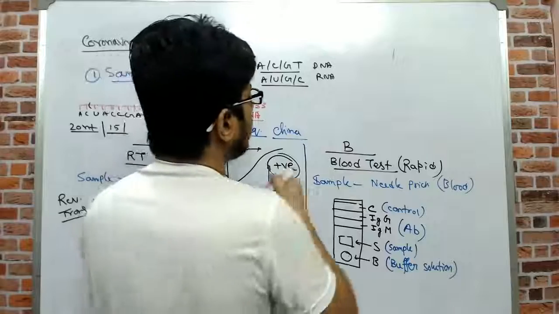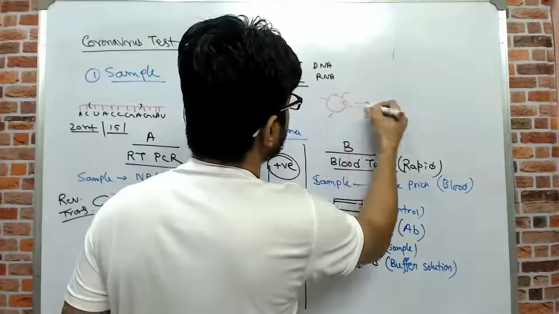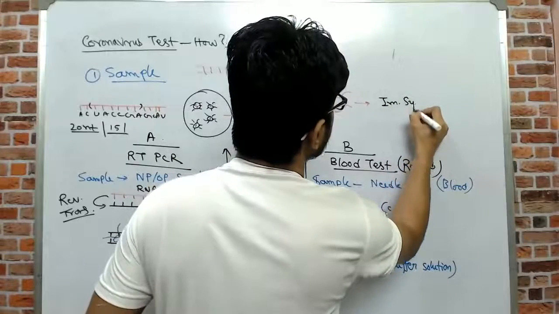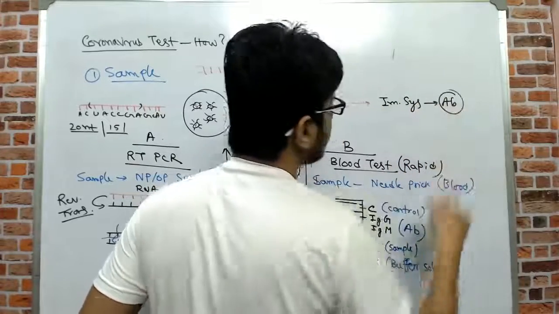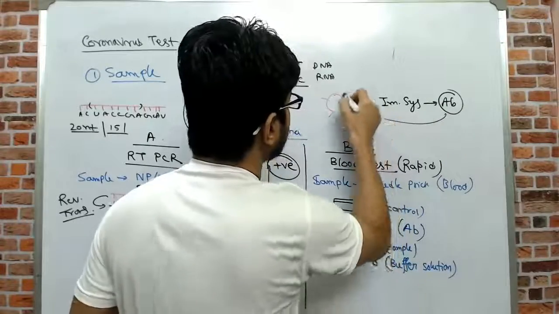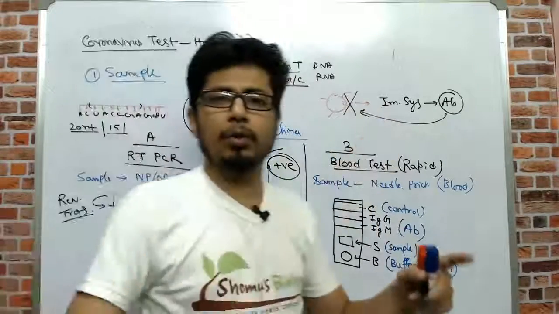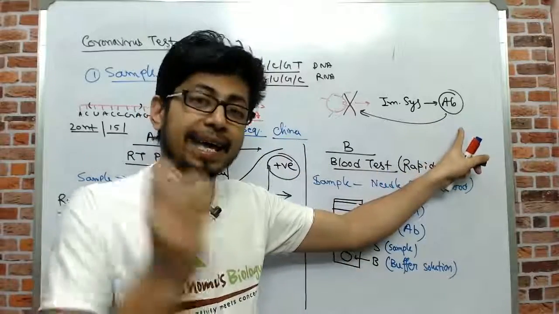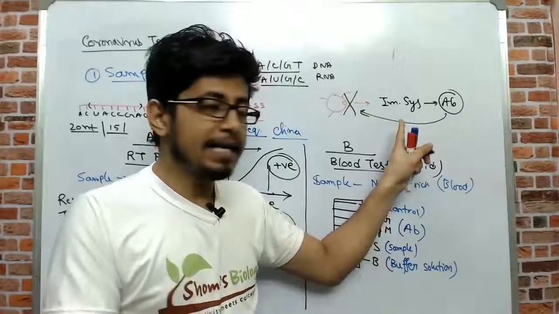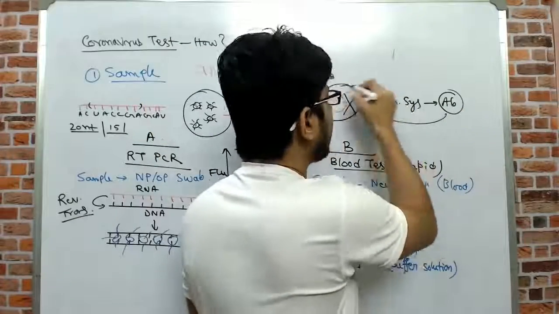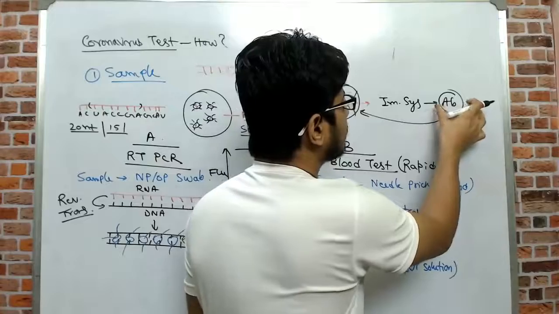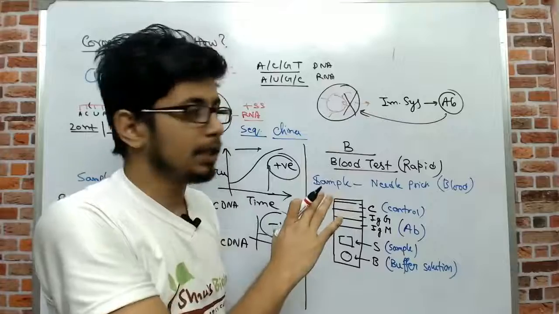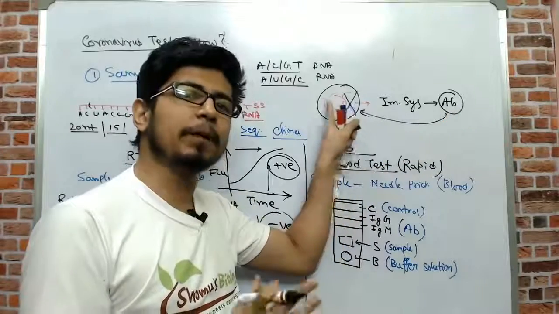Because normally, when a virus, let's say this is the virus, infects us, after the infection our body's immune system produces antibodies. The antibodies fight against this virus and try to kill it, so the body produces more and more antibodies. Once the antibody is present in the body against a particular virus or bacteria, that is proof that the virus already attacked you, because one antibody is specific to one virus or one type of bacteria. So this antibody means this particular virus.